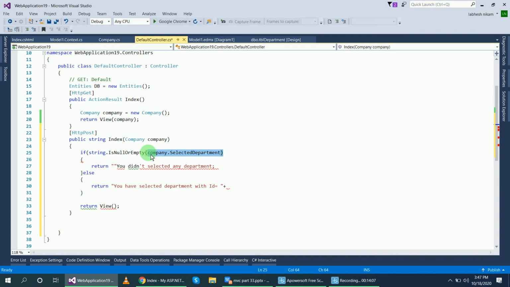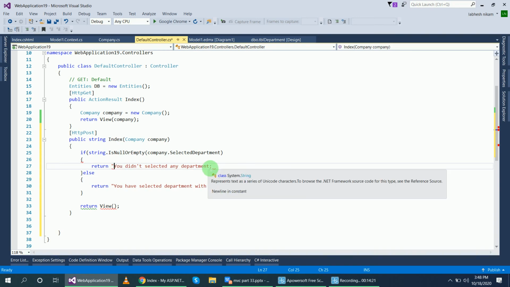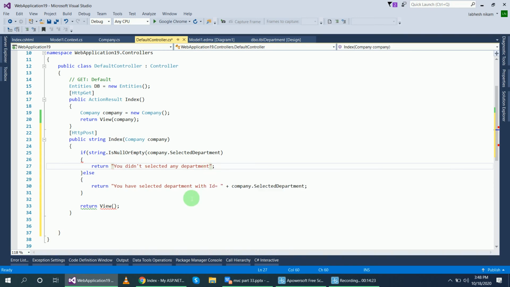So plus this company dot selected department and this. Okay, this return view will be removed.